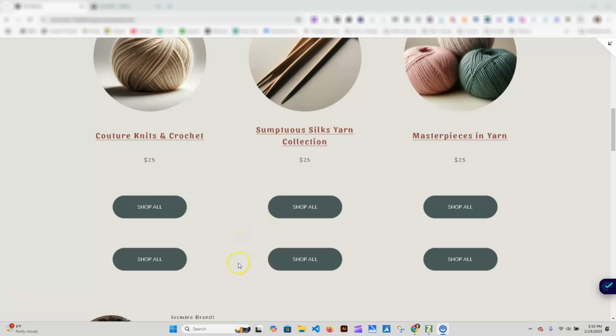So we want to put it all together. We have our initial state of button, and then we hover over it, and the background changes to white, and the text and the border change to the darker green. So we're passing the text criteria and the color contrast for the button element criteria.